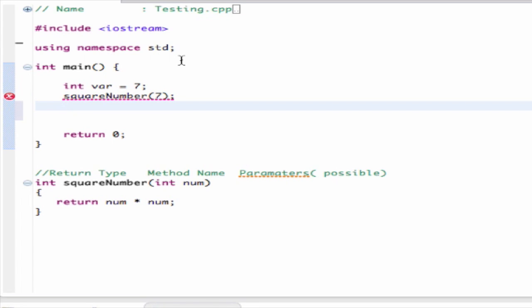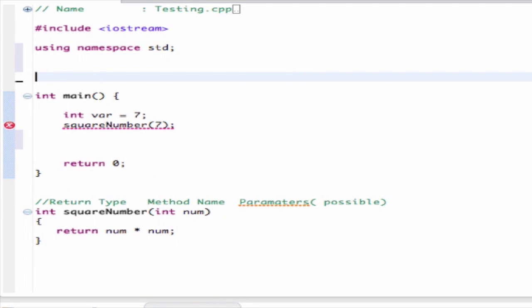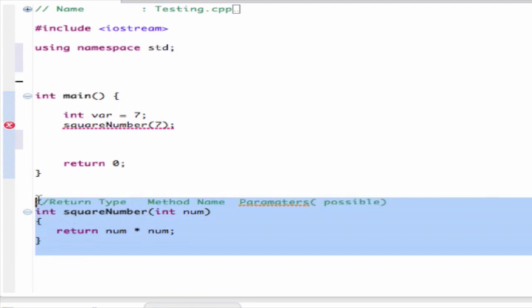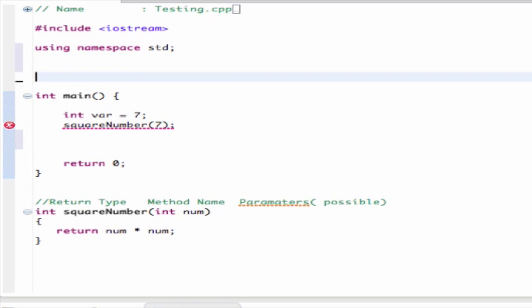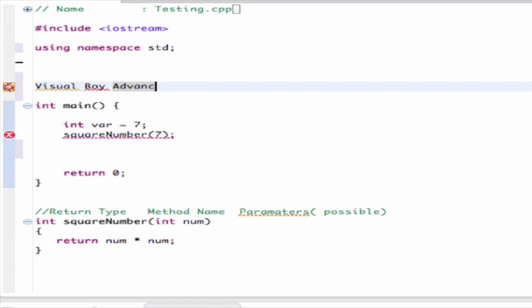So what happens is the compiler doesn't know about this square number method, even though I have it defined there. And what happens is I need to define square number before I reach square number. Now, just to show you guys quickly here, one thing I could do, which is very bad practice, very bad,